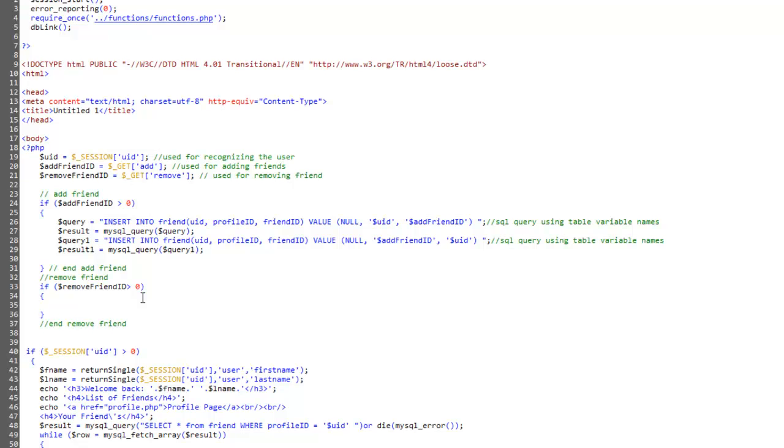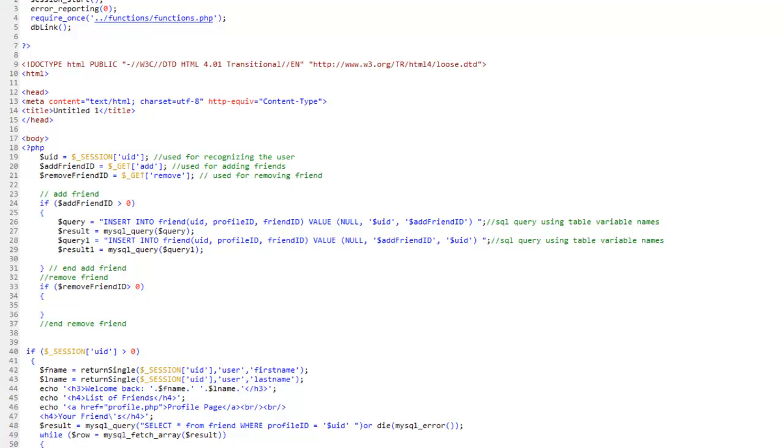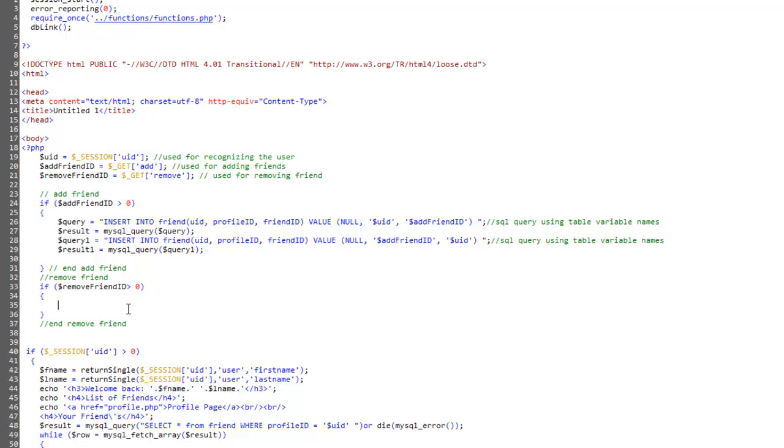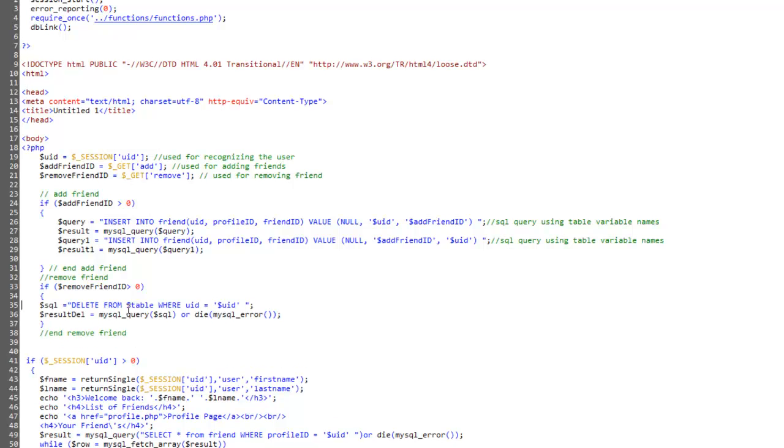I want to run this. Okay, so what I want to do is delete from the table friend, where profile ID, so this is my login, equals. Okay, let's just run through this again. Delete from the friend table where